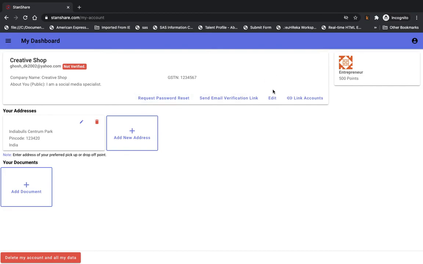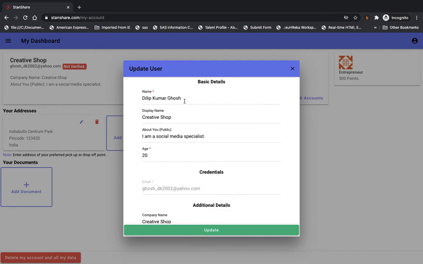After I'm done till this step, I have the address, I have the verified mobile number. Next I click on the edit button here, and I see a name here which I already added. So don't be surprised, it's not auto-generated. If you use a social media login, then this name will be what we get from social media. Otherwise, you can type your name. The display name is basically the name of your business. I put it as my creative shop, but you can be more specific or use the exact business name or your brand name.